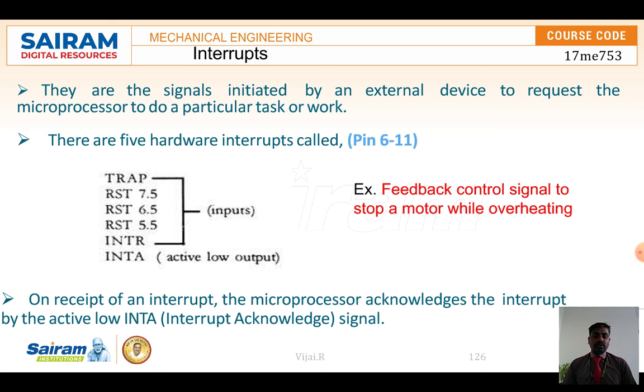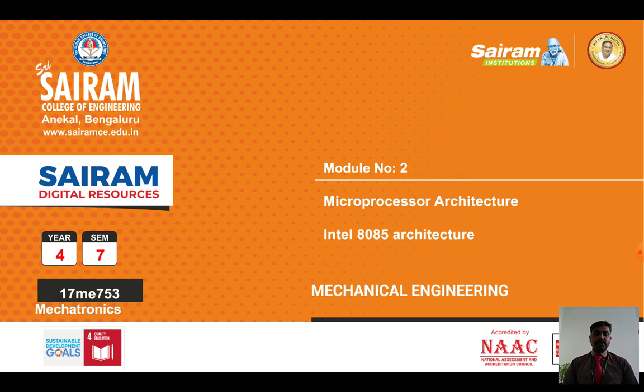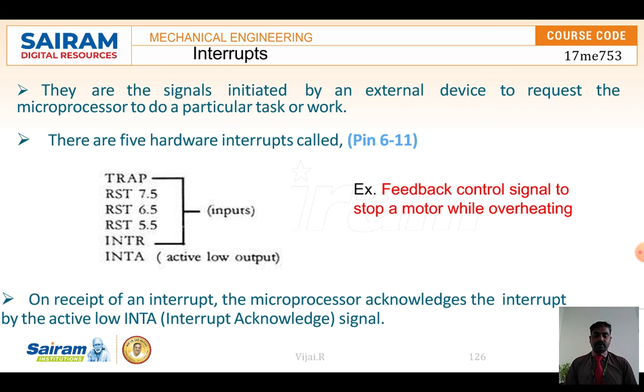The microprocessor acknowledges the interrupt, and then it sends a signal to stop the motor, or to start the motor for fire extinguishing, like that. The important thing is that interrupts are very important for fetching data, for giving awareness, for interrupting during a process. Okay, fine. So we have seen the data bus and interrupts, the cycles, fetch cycle and write cycle and all. Okay, thank you.